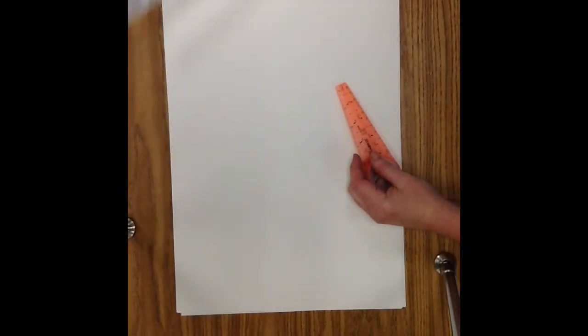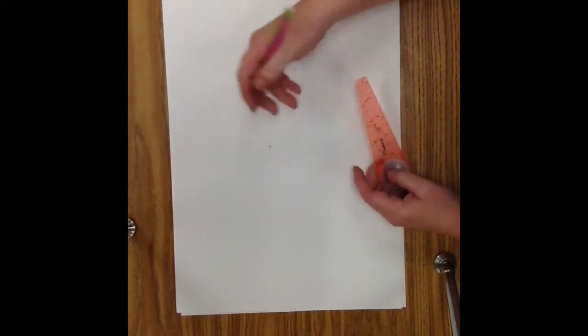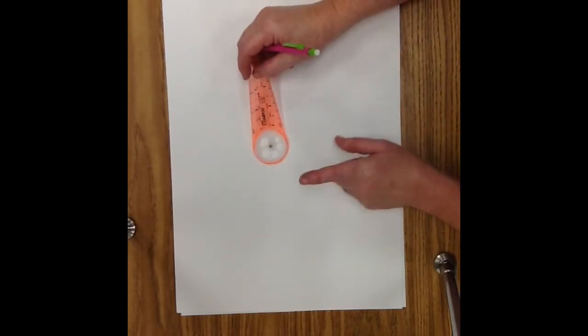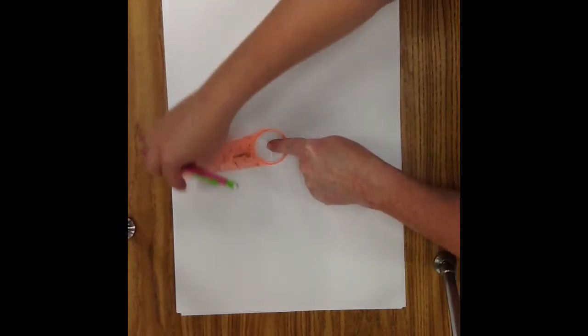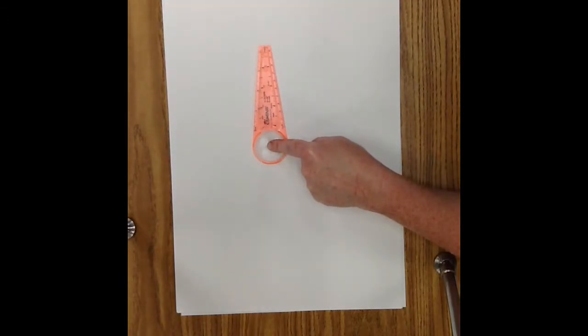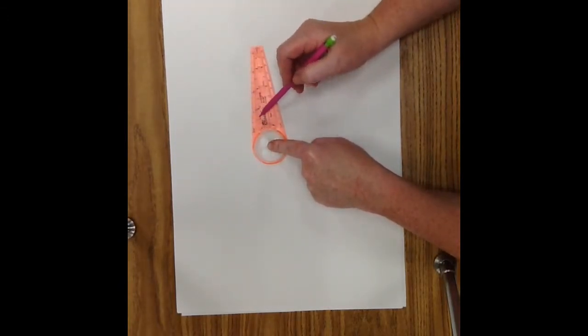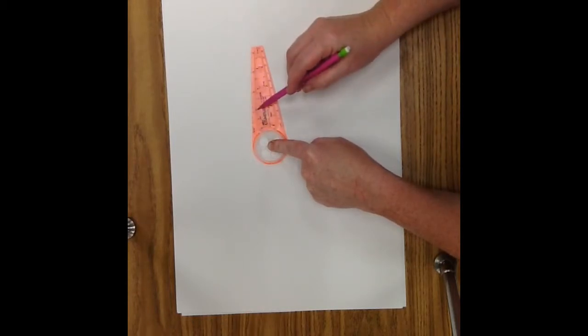So for that, we're going to need the compass. Place a dot in the center of the page. Place the middle point of the compass on the dot. Place your finger on the middle point of the compass. Hold it down so that the compass rotates around your finger. And we're going to find a 2.5 R. On the inside of the compass, we have 1 R, 1.5 R, 2 R, 3 R, and you see little